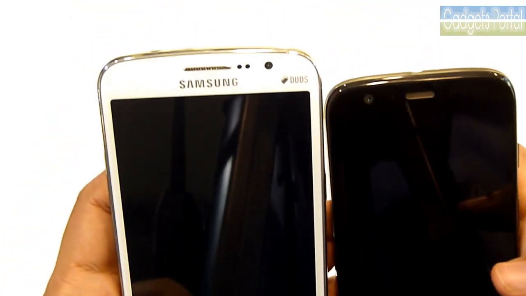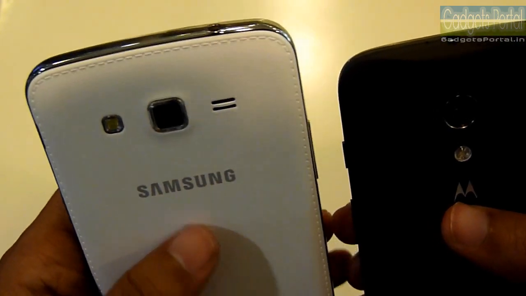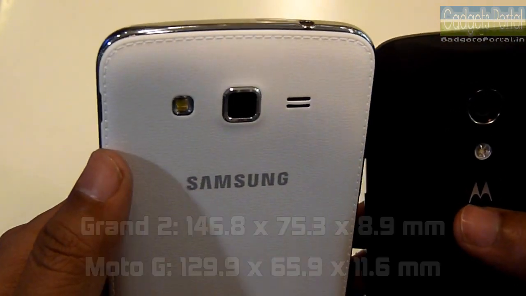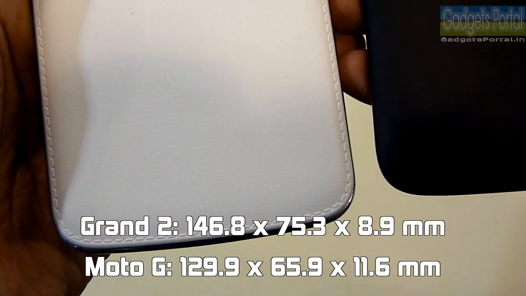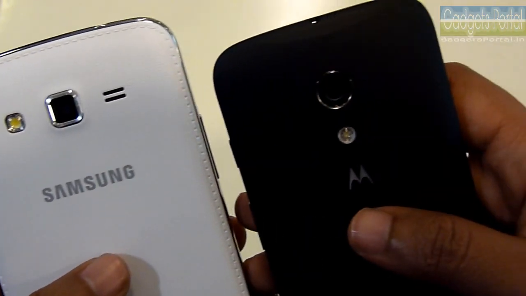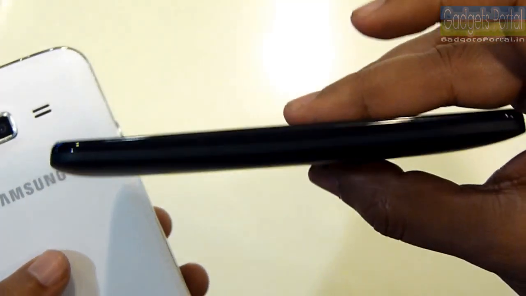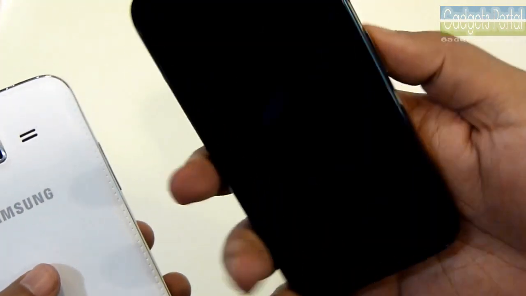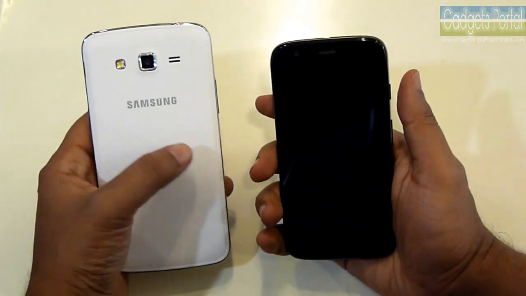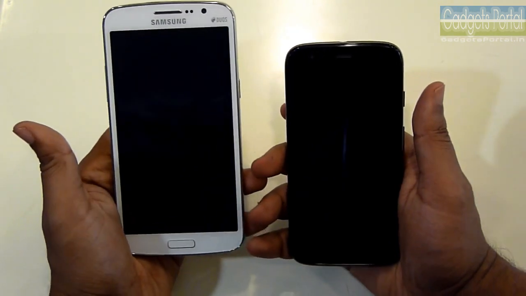Now let's talk about the dissimilarities, and the most noticeable and important difference between these two smartphones is obviously the size, which is, I think, the deciding factor here. Grand 2 is a huge smartphone with typical Samsung design and a leather-like finish at the back, whereas Moto G has got a rubberized back and the back is also slightly curved for better handling. The build quality also seems very solid because of the nice 143 gram weight,